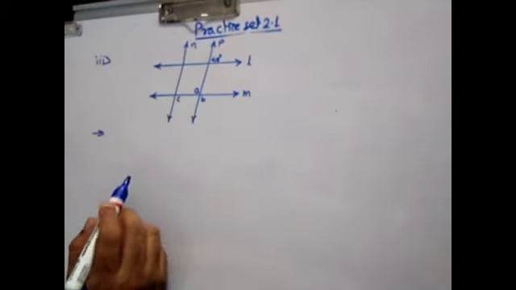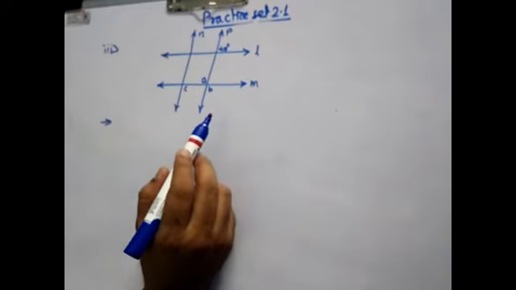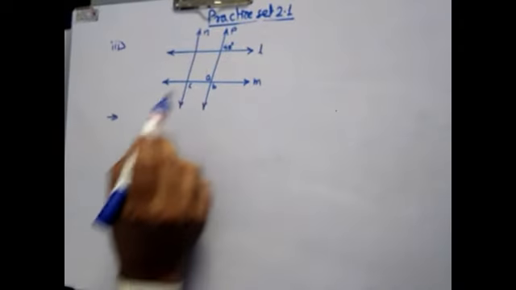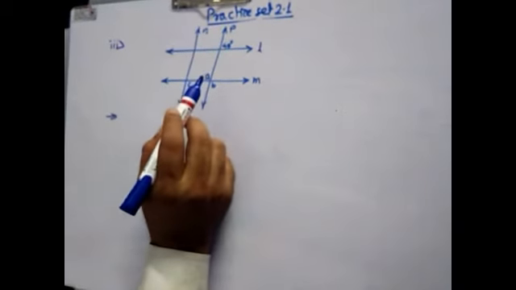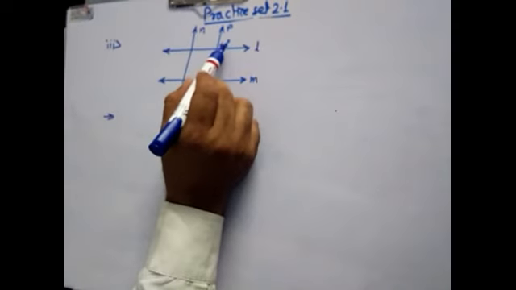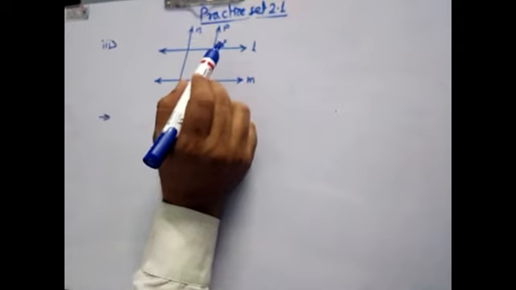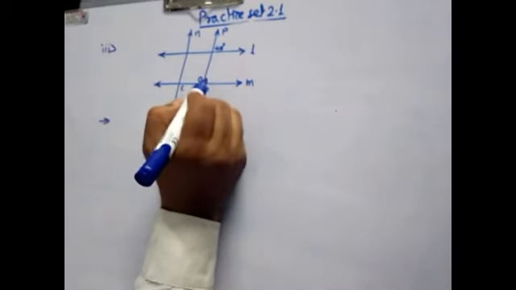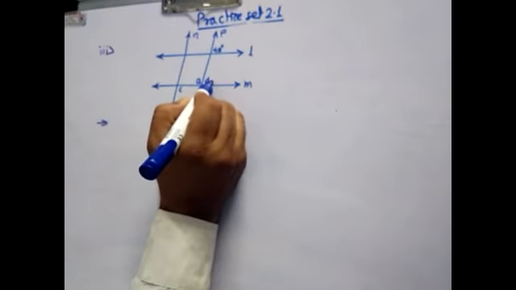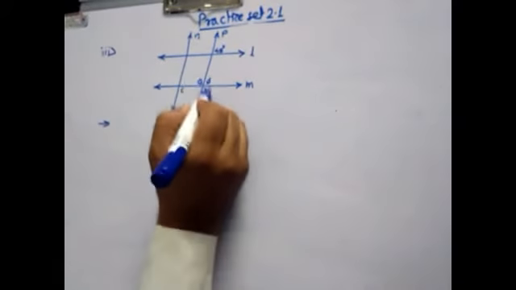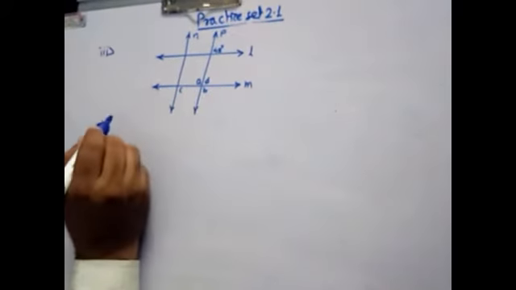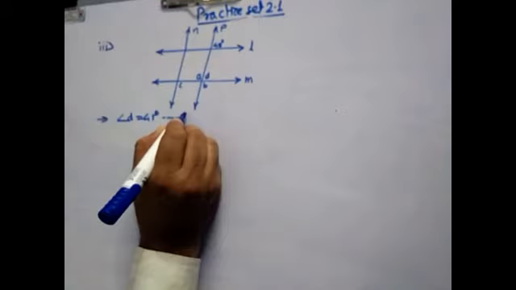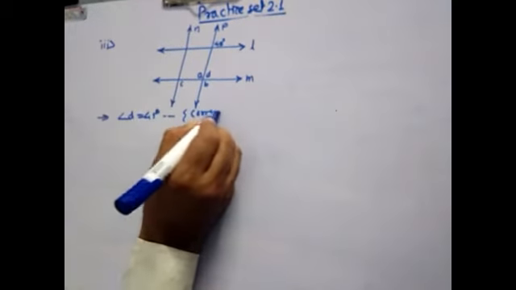Line L is parallel to line M, so these two are parallel lines, and line N is parallel to line P, so these are also two parallel lines. Then find out A, B, C from the given measure. Here 45 degrees will be given. So write down that we consider angle D. Angle D is equal to 45 degrees, that is the corresponding angle, and from that we can find A, B, C. First write down angle D is equal to 45 degrees. Write down the reason here: corresponding angle.